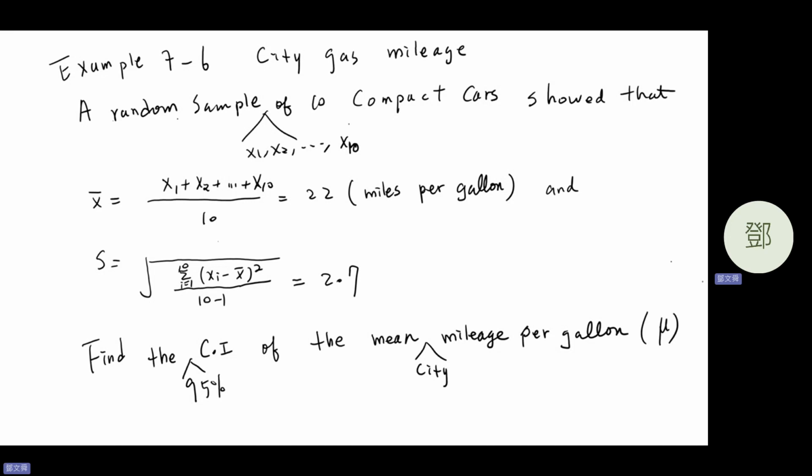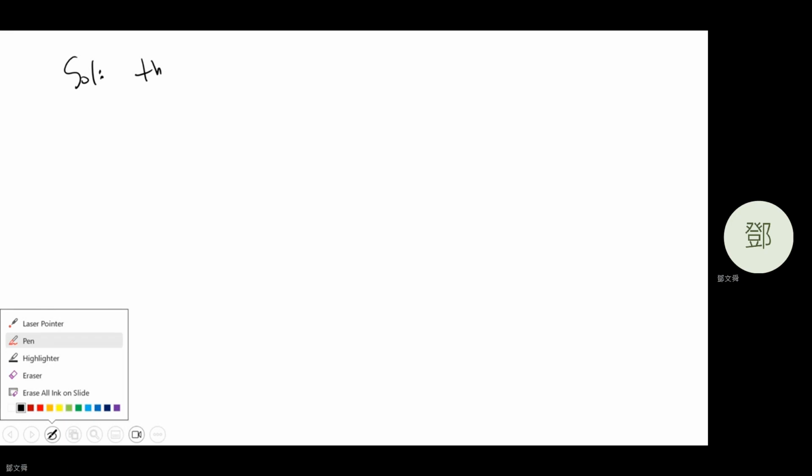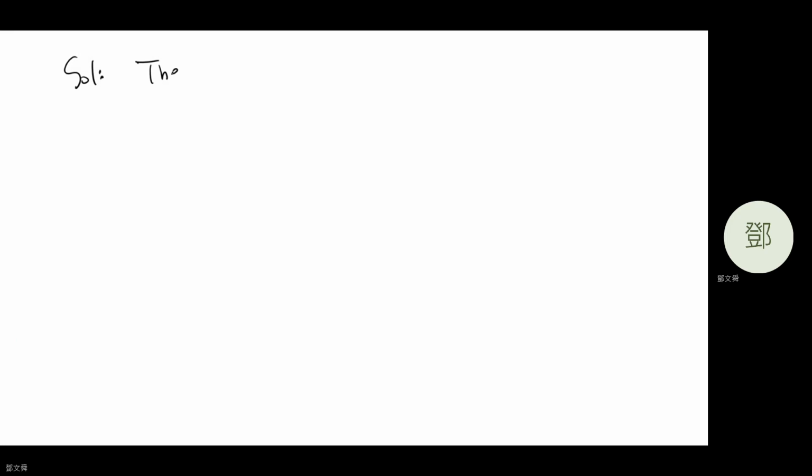Suppose that x1, x2, all the way to x10 are IID normally distributed. Okay? So, solution. The 95% confidence interval for mu is given by